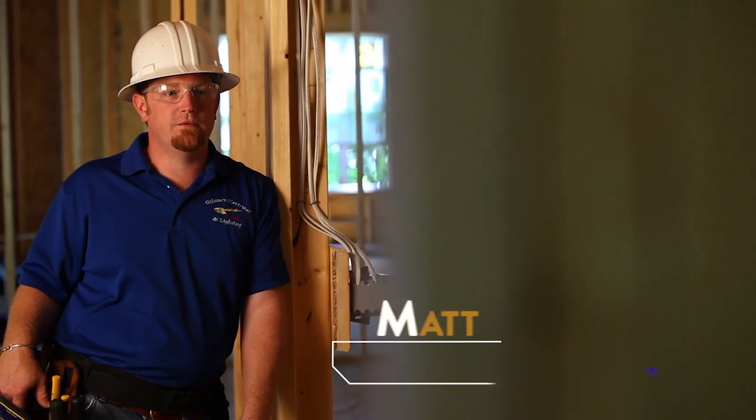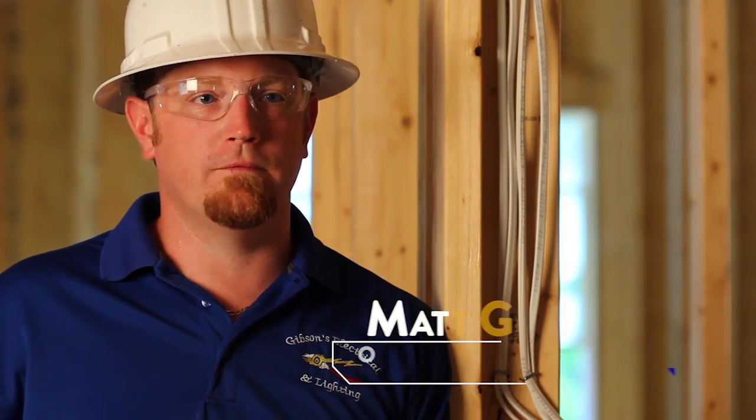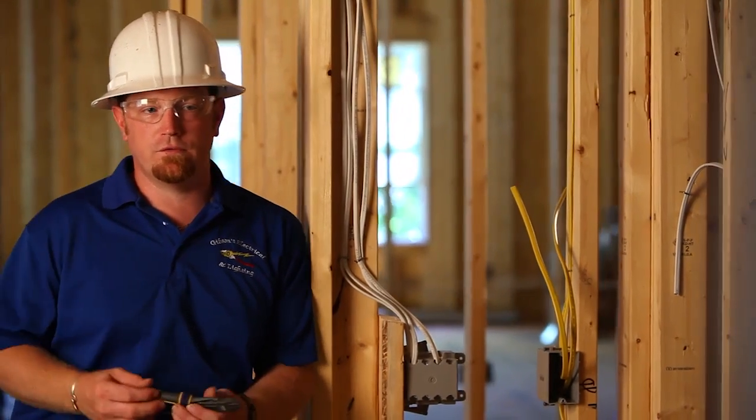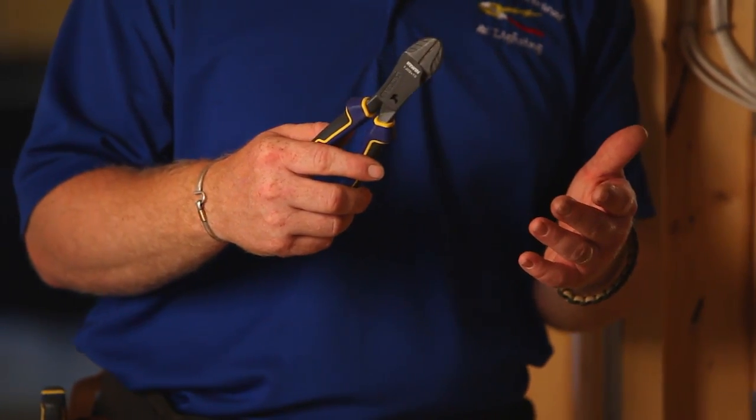My name is Matthew Gibson. I own Gibson's Electrical and Lighting. We work 10-hour days. My guys work hard and fast. And after a full day's use of a normal set of diagonal cutting pliers, our hands get tired and they hurt. But IRWIN built this Power Slot technology diagonal cutting pliers that are just phenomenal. It has absolutely saved my wrist and hands to allow me to work a full 10-hour day and not go